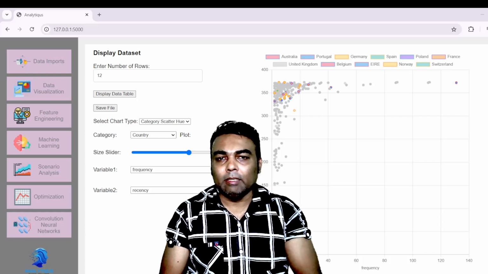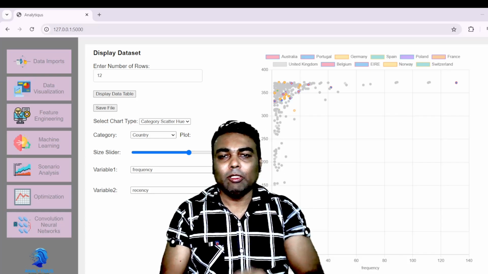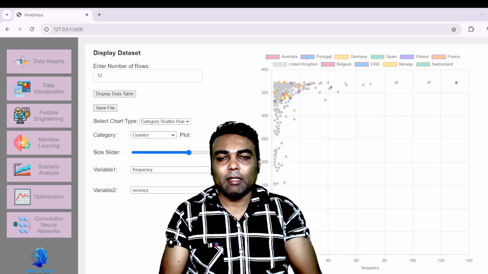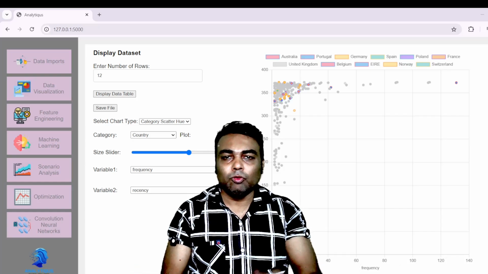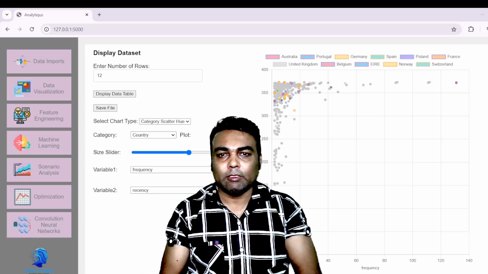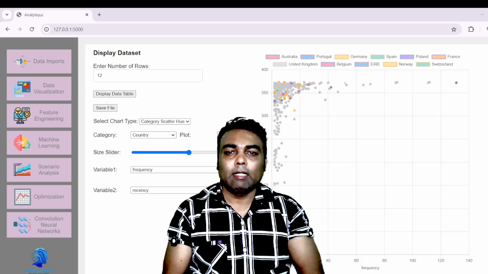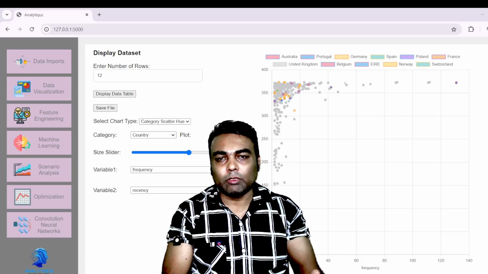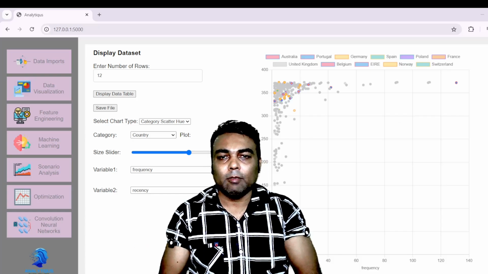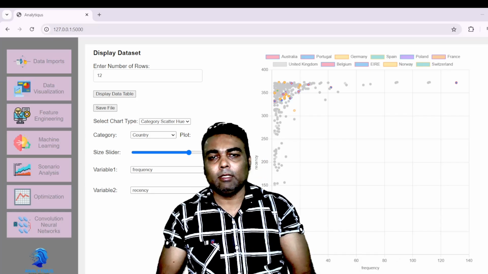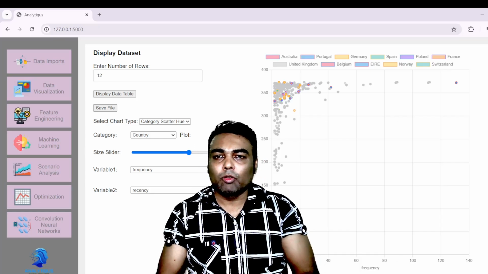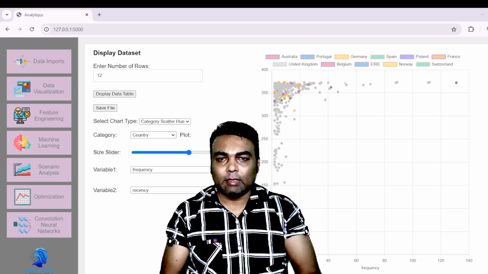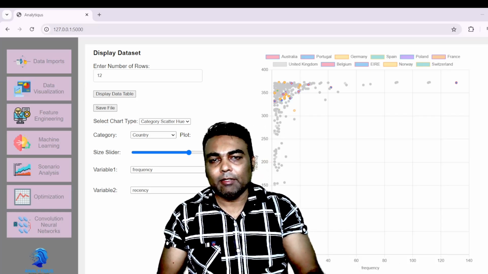You need not waste time learning those programming languages or libraries. If you have domain expertise, if you understand your data well, if you know what the machine learning process is and how to train and deploy a machine learning model, you can do all these tasks on this software easily without taking any pain of writing code.